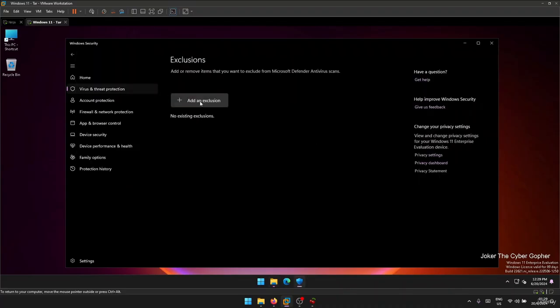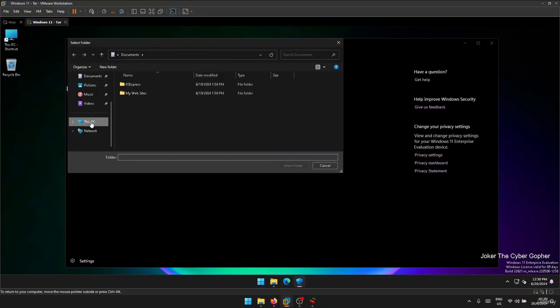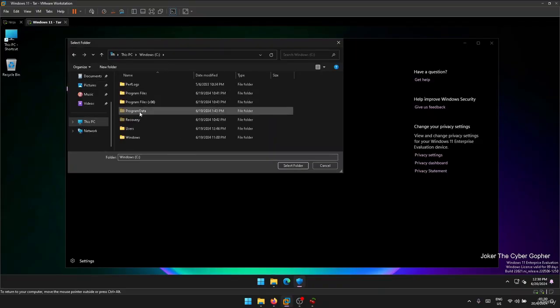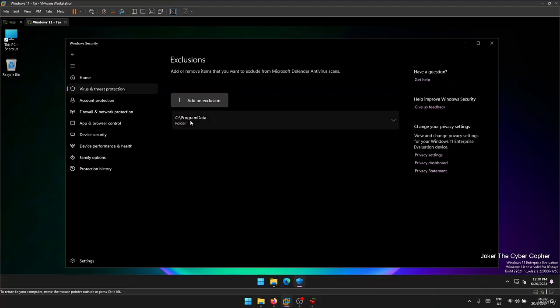So let's come back right here to our Windows Security Exclusions. Let's go ahead and click right here. Folder. This PC, C drive, ProgramData. Let's click Select Folder. So everything we put in this folder will not get inspected. Even if we run it, it won't get deleted. Everything in this folder won't get touched or inspected or scanned whatsoever. Alright, wonderful. Now let's go back to our Kali Linux